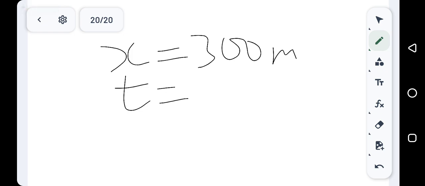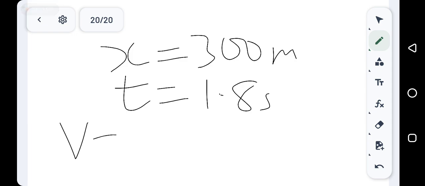T is 1.8 seconds. A man standing 300 meters away from the wall sounds a whistle. The echo from the whistle reaches him 1.8 seconds later. Now calculate the velocity of sound in air. This question is from echo. This is an echo question, and when we want to solve a question that is related to echo, the formula is this: